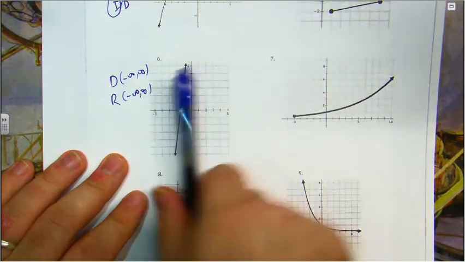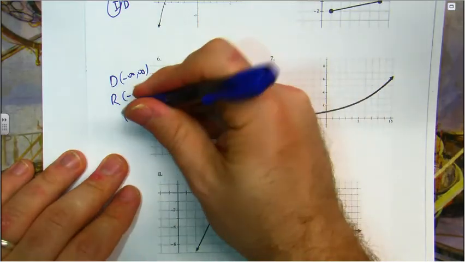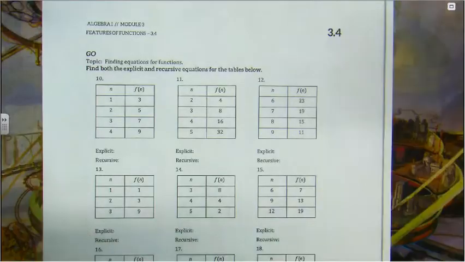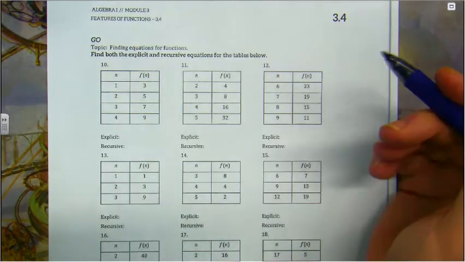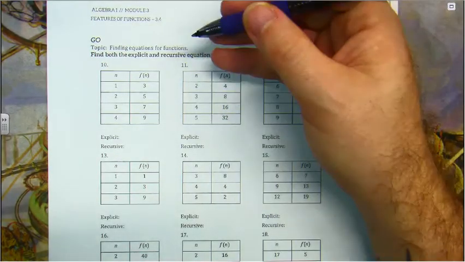And is it increasing? Yep, it certainly is. All right. Finally, let's go to the go section here. It wants us to find both the explicit and recursive equation. This should be a bit of review, but just as a reminder,